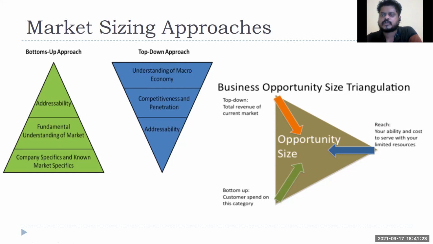Let's say there are 3 or 4 competitors, right? Then if I add them up, they gain an annual revenue of, let's say, 3 crore or 4 crore. Now I'll question myself whether I'm a market leader, because if I do a top-down analysis, I have a market potential to gain an annual revenue of 50 lakh rupees.